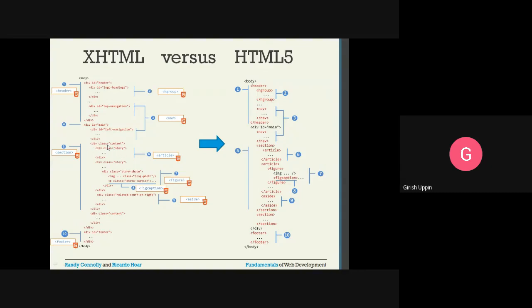Okay, the fifth one is the class content. Whatever content you want to have, you can have a section. So section is the HTML5 element used for replacing the content. Under the section you have more articles. For a section example, say you have an application which provides news. In the news, the sections can be politics, sports, finance. So you can have different sections. That is the logical meaning of the section.